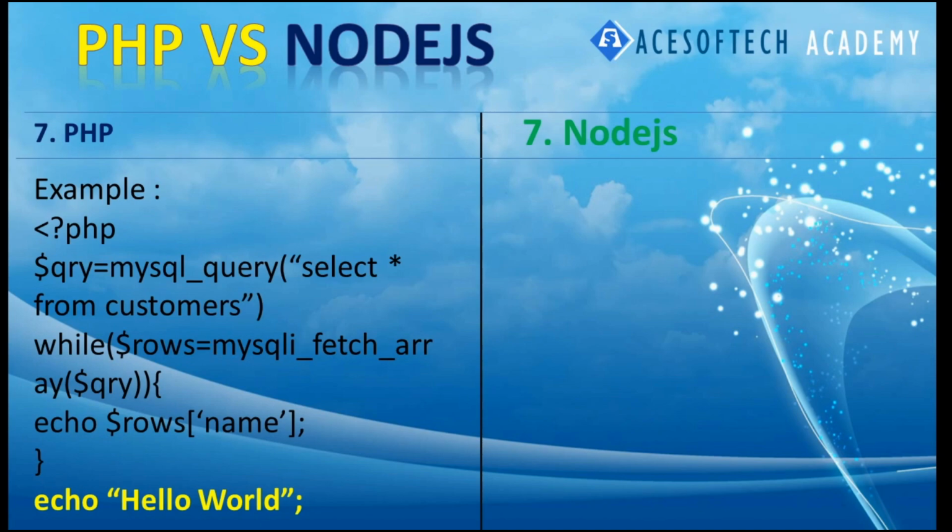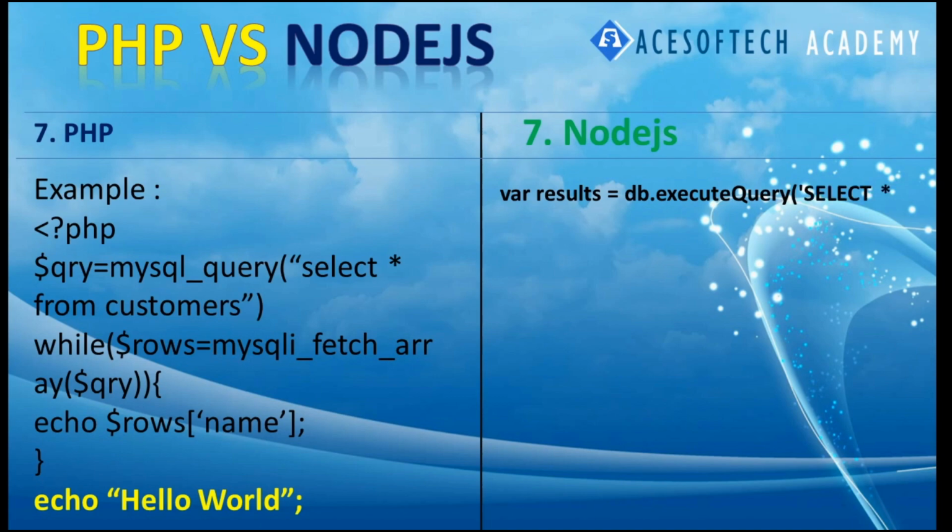So basically, it should happen like this. Since hello world is very small, it should execute first, and then the list of the customers is long, so it will take more time, so it should execute later. But in case of PHP, since it is a synchronous programming language, first it will print the names of the 1,000 customers, only then it will print hello world. But in case of Node.js,